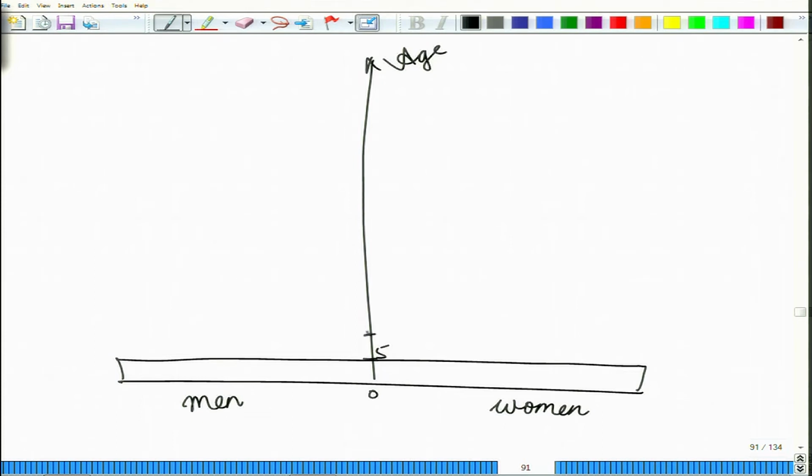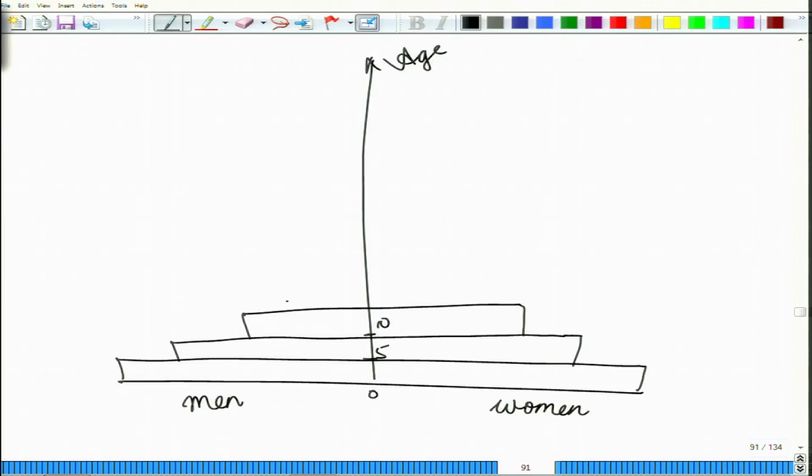Now, in the case of 5 to 10 years, you have a lesser number of individuals, then progressively it reduces: 15, 20, 25, 30 and maybe 35. Now, this is a population where we are seeing that you have a life expectancy of